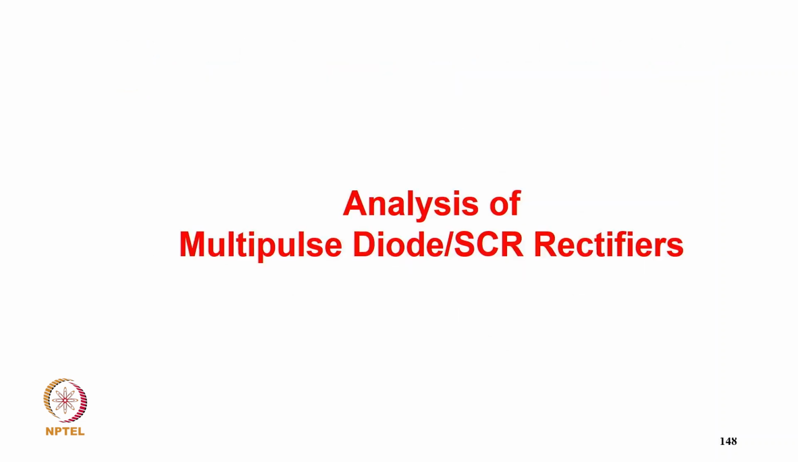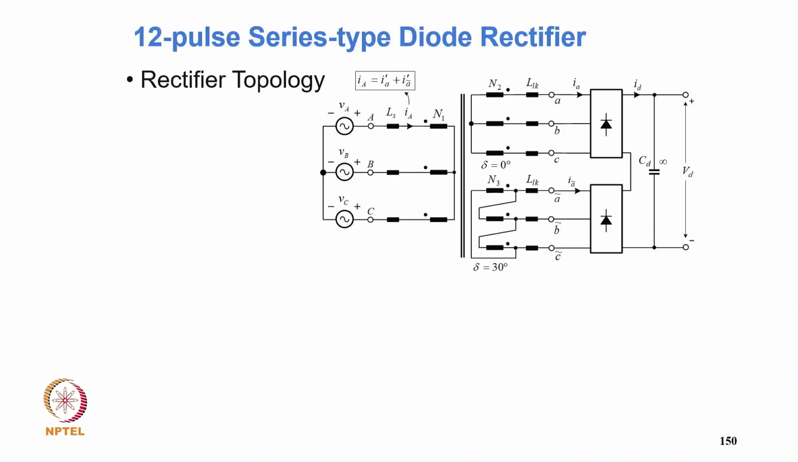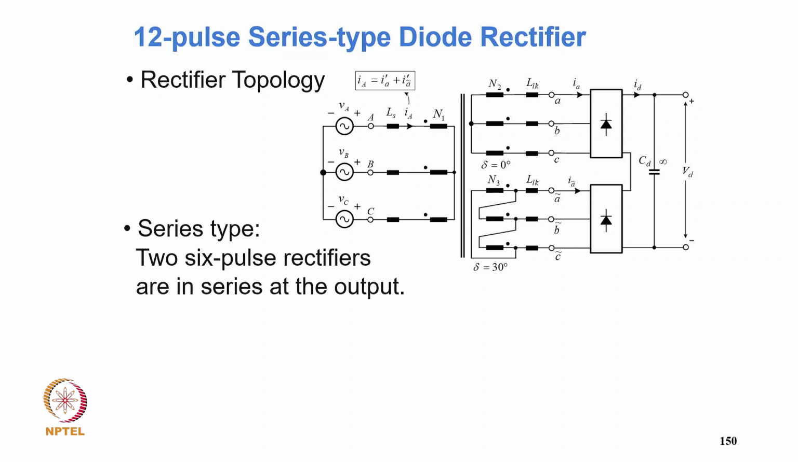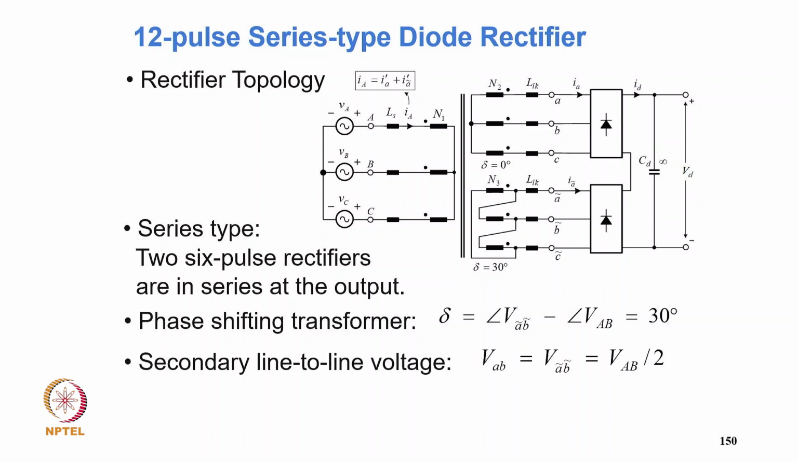Now coming to the analysis of multipulse diode thyristor rectifiers. So this is 12 pulse, 18 pulse and 24 pulse. How many converters are used in this isolated topology? This is the first, a 12 pulse rectifier with a phase shift of 30 degree. Two 6 pulse rectifiers are used with series output, and phase shifting of 30 degree is provided. Here you can see how it is provided, and then the secondary line voltage VAB by 2, with turns ratio N1 to N2 and 1 by N3,